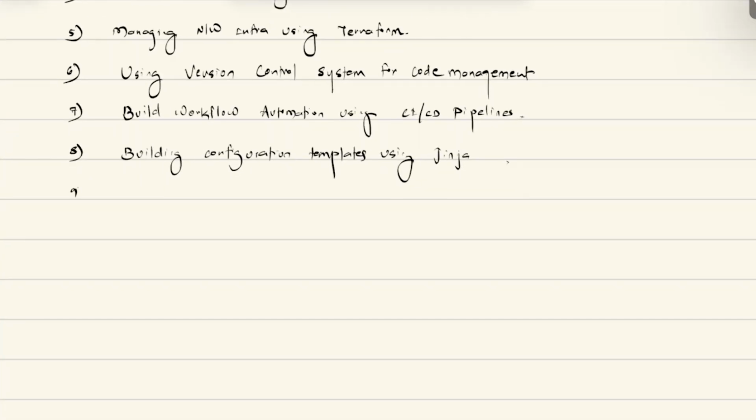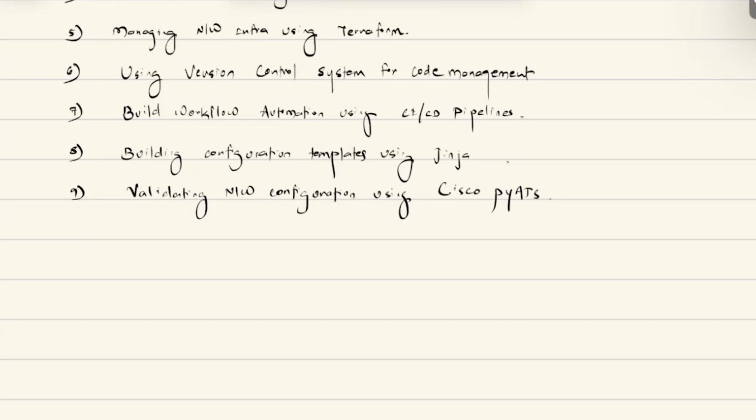Then we would also learn about validating network configuration using Cisco PyATS. Now, PyATS is kind of a tool which Cisco originally launched for internal use only for their network engineering.